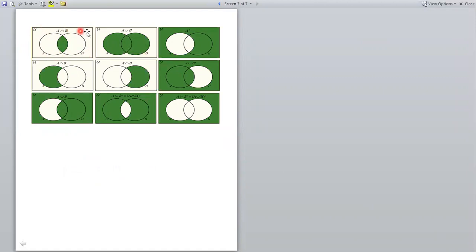This total rectangular box is called the universal set, and A and B are the two different sets. When we apply the intersection, this is A and this is B. Intersection means common to both, so this section is common to both A and B. The green shaded area defines the intersection of A and B.